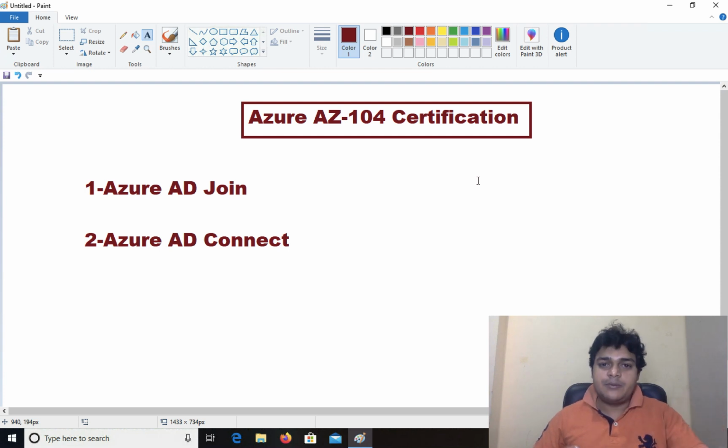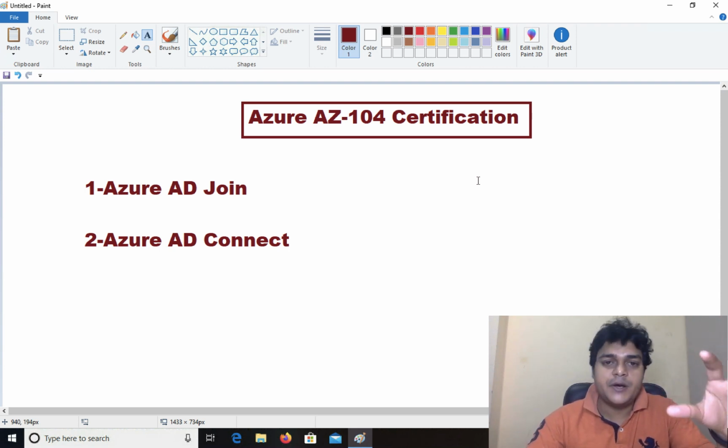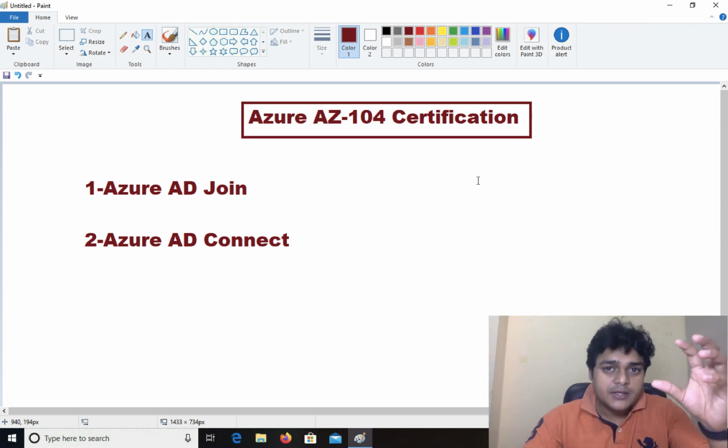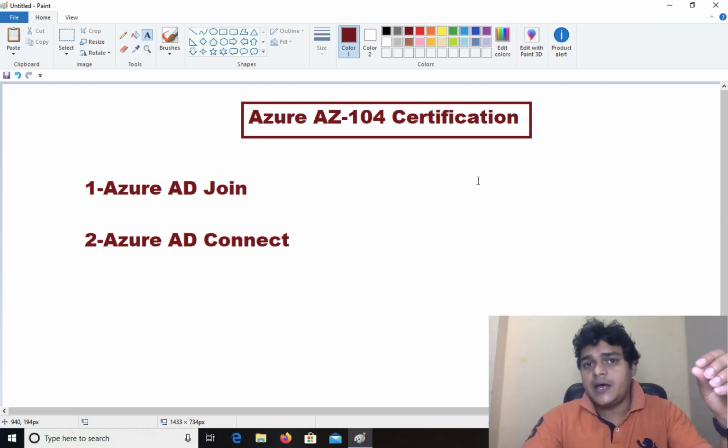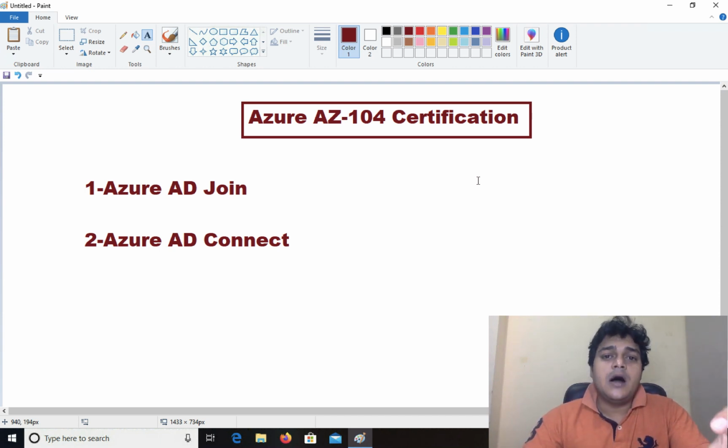I'll try to describe the entire part which is available in Azure AD Join and Azure AD Connect, and also we'll discuss the theoretical and practical parts. We'll give you the entire steps for how we can configure Azure AD Join and Azure AD Connect as well. So guys, I'm going to proceed directly with the help of the Azure portal, and I also established my on-premises Windows 10 operating system and Server 2012 operating system with Active Directory services. So I'm going to describe the entire step.